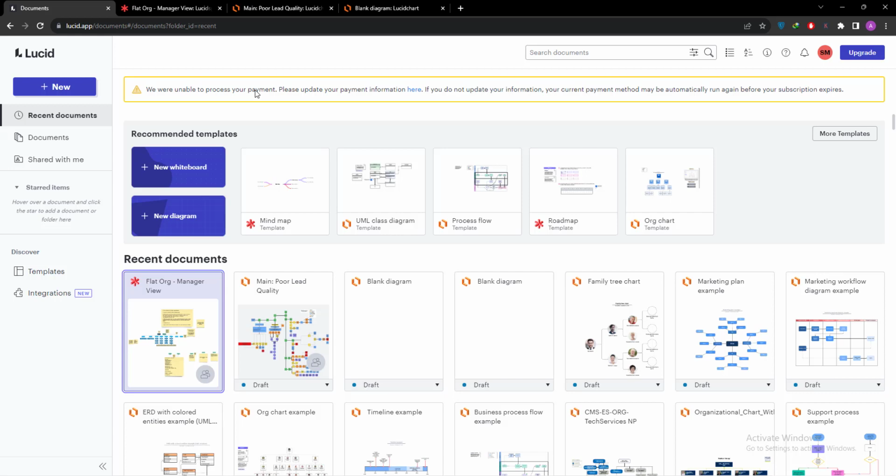Hi there, my name is Kalim, and in this video we are going to discuss Lucidchart and how we can use it. So after logging in to your Lucid account, you can see